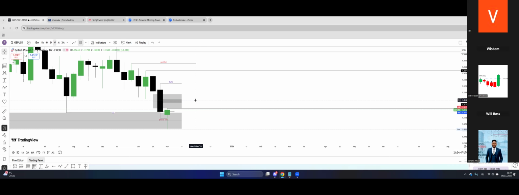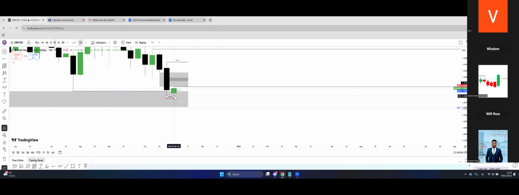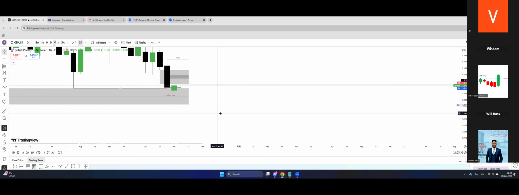And one thing you also need to know about this equilibrium we are talking about: if price takes out liquidity before price will buy, then at the point where price will start buying from, that is where both market participants find equilibrium. So liquidity has been taken. Now, are sellers going to keep pushing the price down, or do buyers want to step in to push the price up? Both of them have to agree on one thing. At that area where they agree, that is where the equilibrium is.